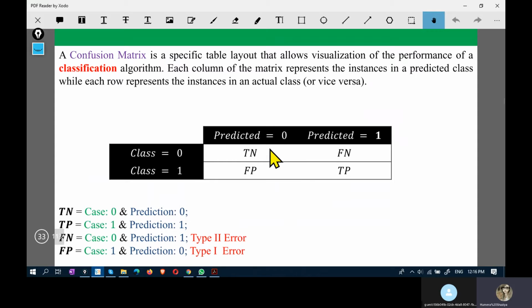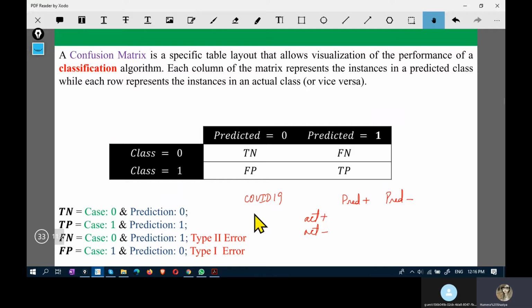it doesn't matter where you are putting these true negative, false negative, true positive and false positive. What matters is what is here and what is here. What are you putting on the x-axis? If you have predicted positive, predicted negative, actual positive, actual negative. Suppose you consider fever or COVID-19,